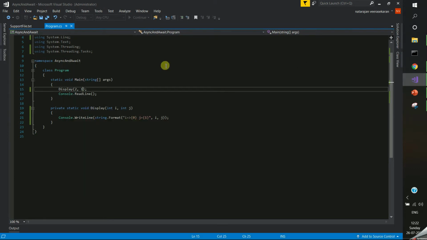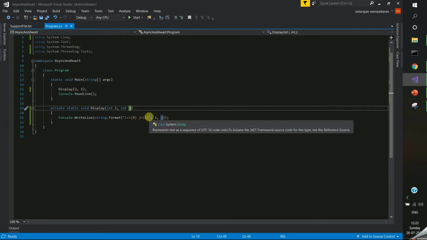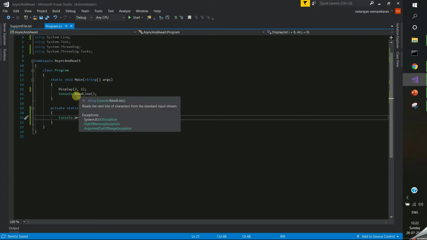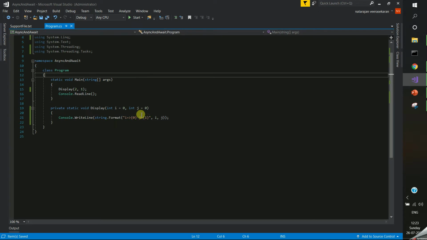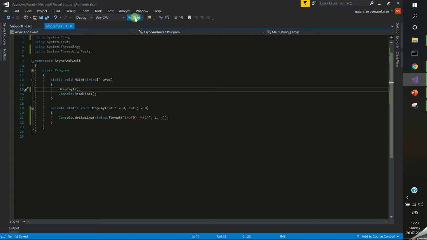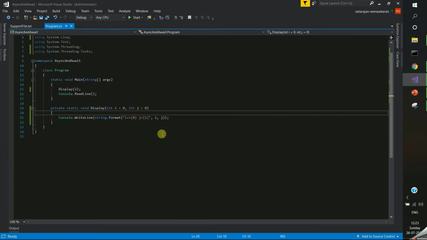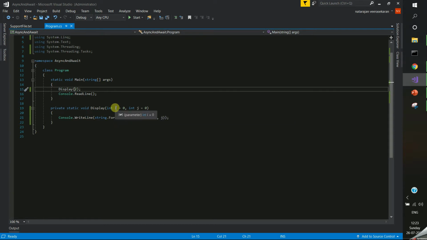Simply we can do it like this, so I will get 2. But there will be cases like this: I hope you know about default parameters. Think about having the default parameter i equal to 0, and both parameters having values. In this case you don't want to pass i, but you want to pass j. If I pass only 2, I get i equal to 2, and j takes its default value. The same way, you don't want to pass i, but you have to pass j. Still we can do that using 0 comma, but there are some cases where some value is getting assigned and you cannot pass it here.